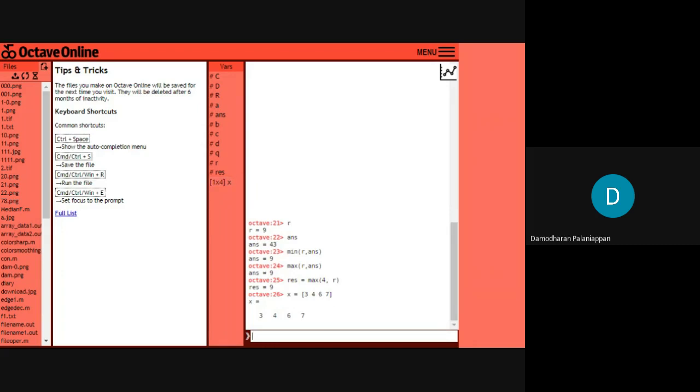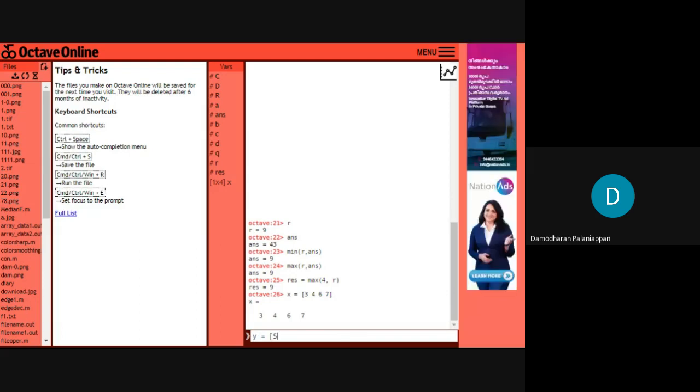Vector means a list of values. y is equal to 5, 3, 2, 1 and closing. So I'm creating two sets of values, one is the x set of values, another one is the y set of values. Here we can see the dots will be plotted at 3, 5, 4, 3, 6, 2, 7, 1.